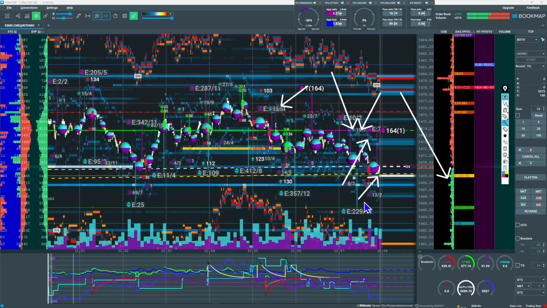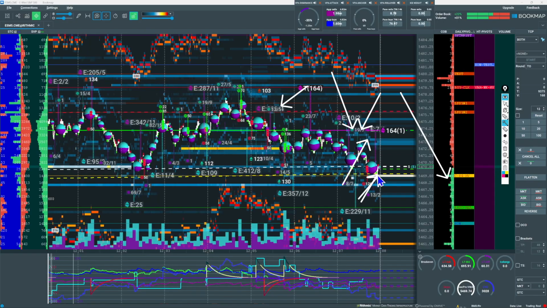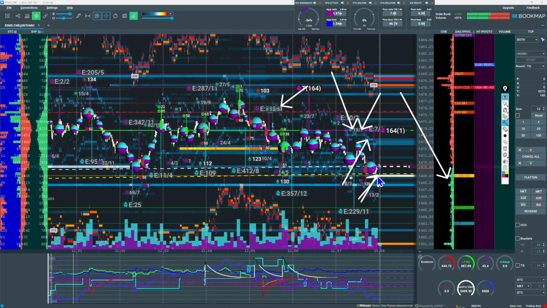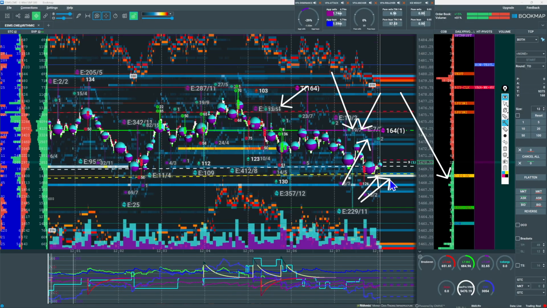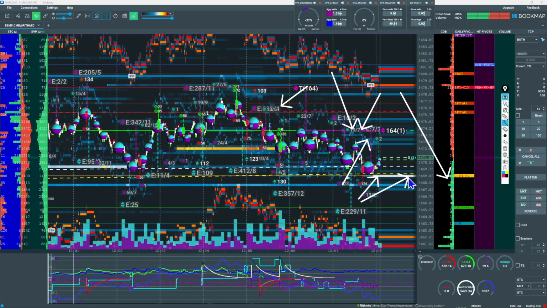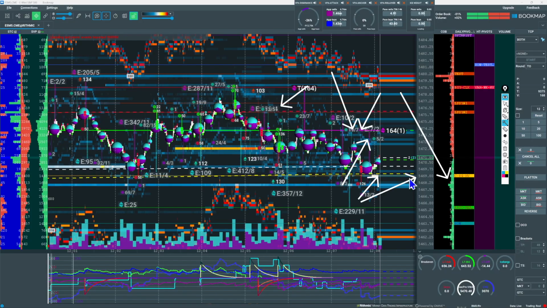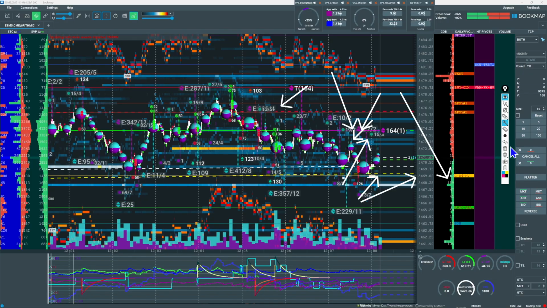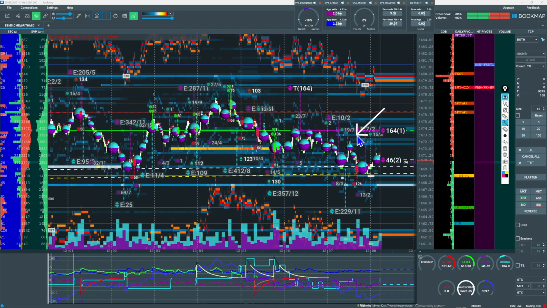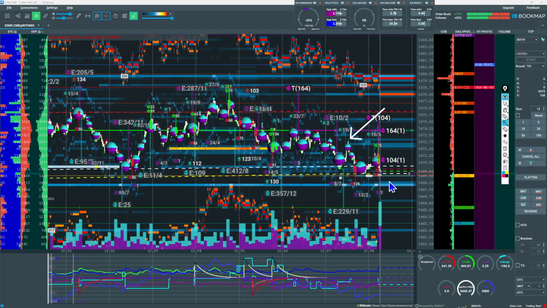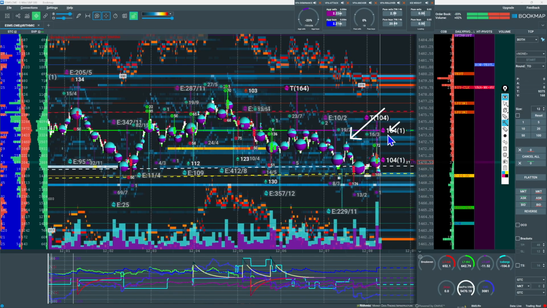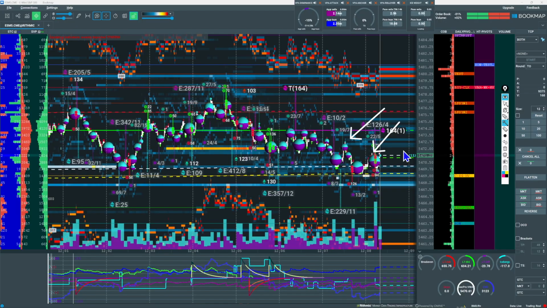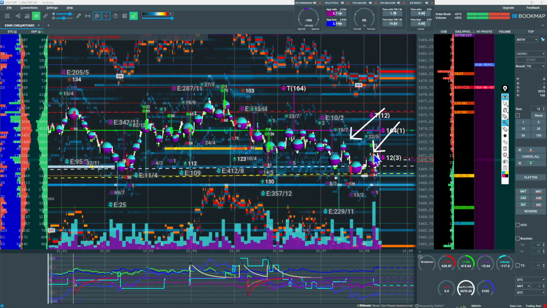And we basically got our target already. I think that white line right there is where we hit our target. But let's see if we actually get further down to 54.69. So we haven't hit our target yet. Stop would be right above here right now. Right, so that would be your stop at this point. We have more exhaustion. I would move my stop down and stop out here if we push above.